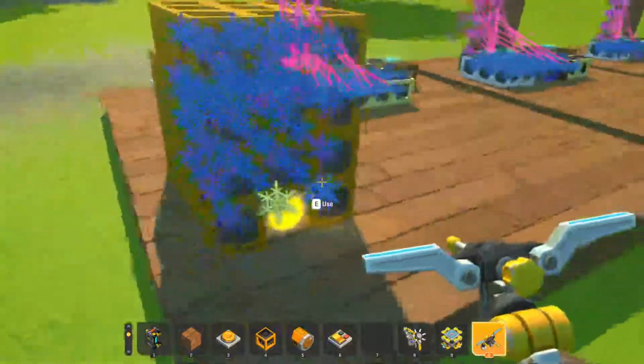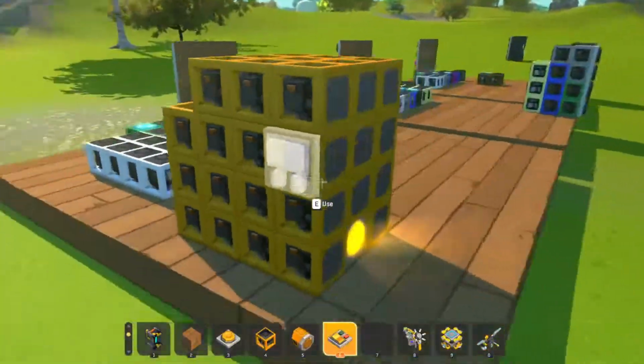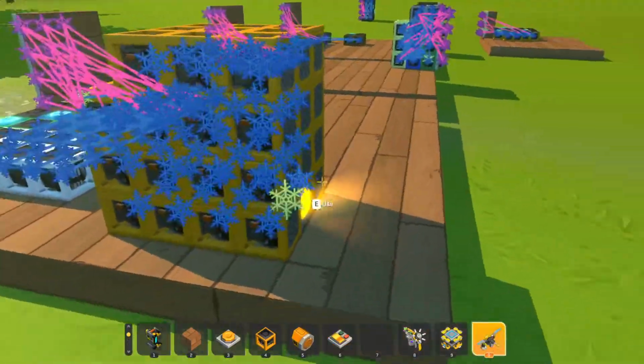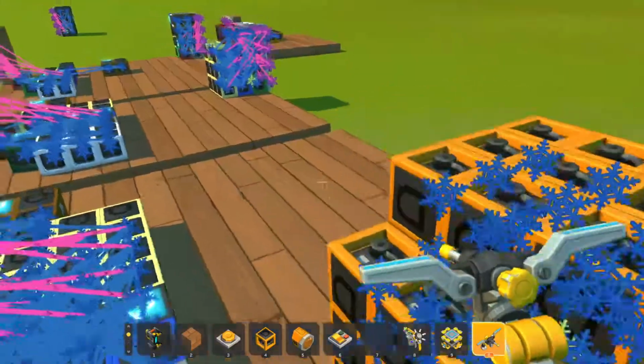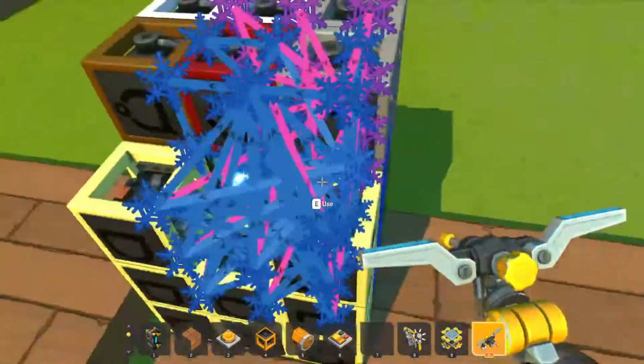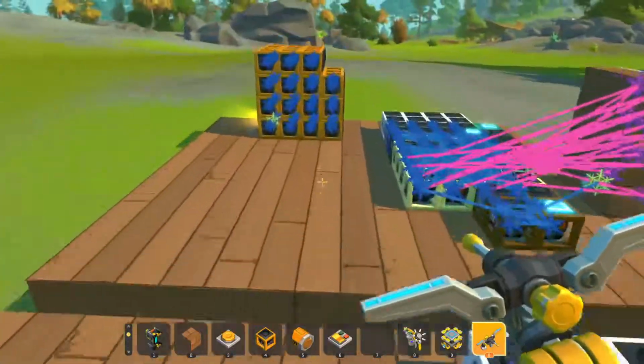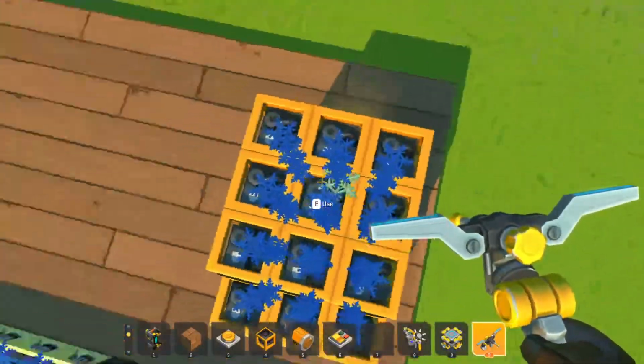And no, I have not compacted it yet, but that's how much logic it would take. Not too bad for 16 digits for a combination, but yeah, no, this is going to be a mess. It was already enough of a pain in the arse to do this one, because this one's not too bad, but this one was oof. That one took a good hour. This one took like, what, 10 minutes? Not even? Then this is just, I don't know, I don't want to spend like 2 or 3 hours on